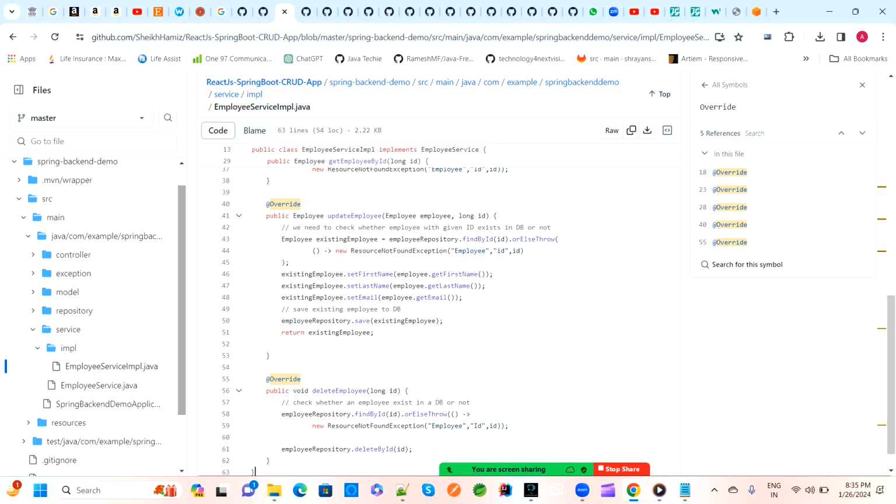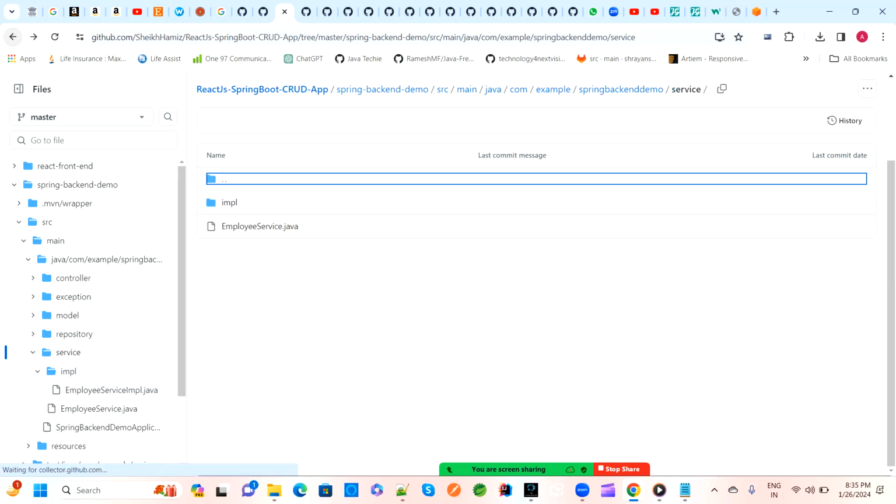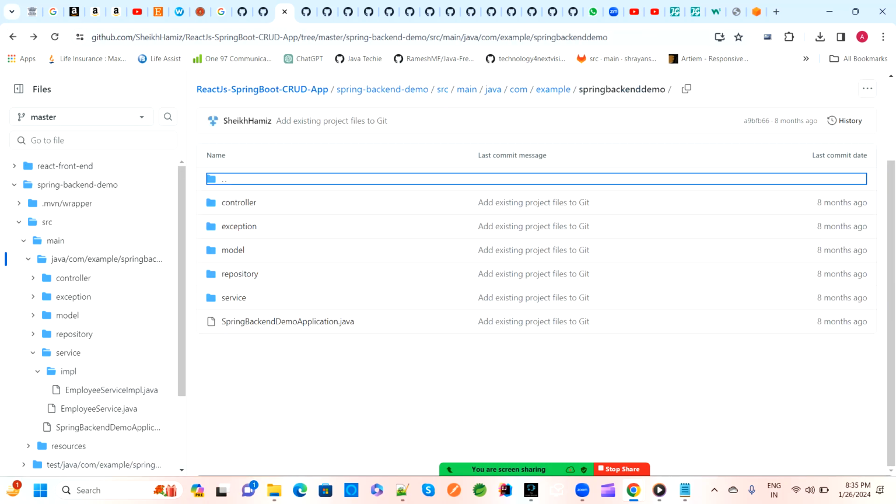This is the business logic where we are doing some business operations. Whatever the details coming from the UI will go to the controller, and the controller will send the request to the service layer, and the service layer will go to the repository layer. They will do some operations, add, update, delete, modify, and after that the same request goes back to the controller, from repository to service, service to controller, and then the controller sends it to the UI